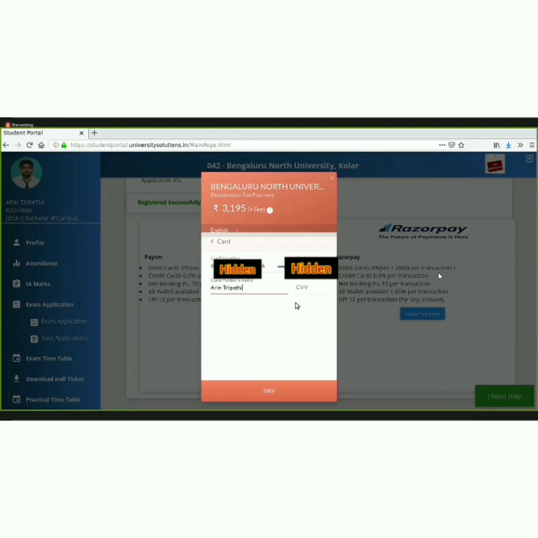Spelling correct, right, Aryan? Okay. Then CVV number. It is a 3-digit number you can see on the back side of the card. Okay. What is that, Aryan?